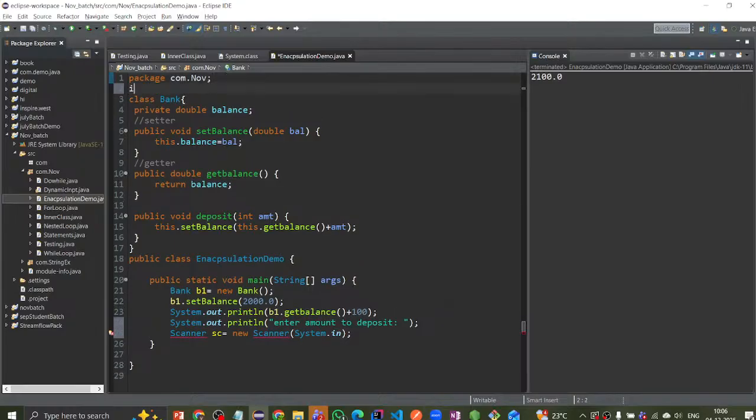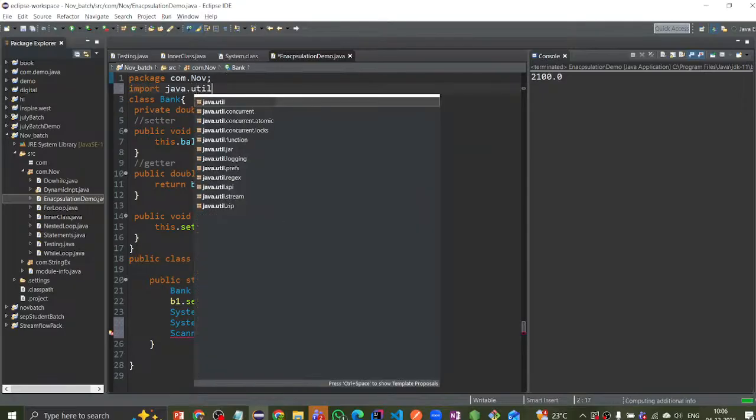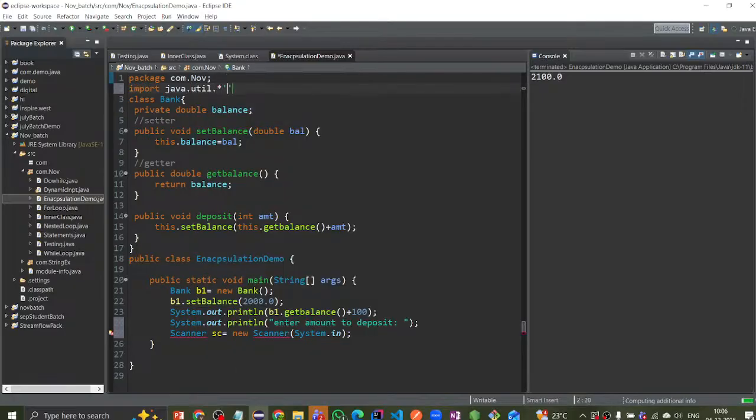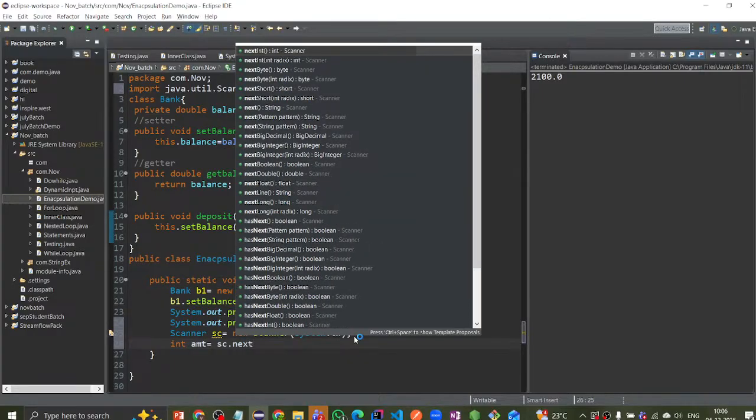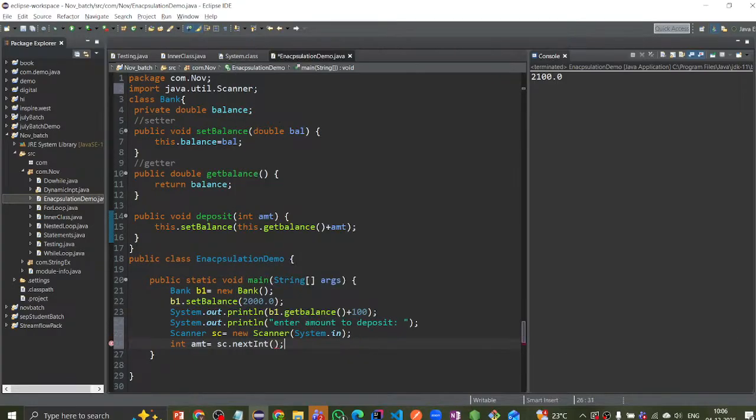Okay. Import java.util.*. If I place the star, then I get all the classes in that util package. If I want only Scanner, then I can go with Scanner. Then my issue will be resolved. Next, I have to read the amount, an integer type. So I can store it in int amt equals sc.nextInt, right? By that I can access it, and I have to call